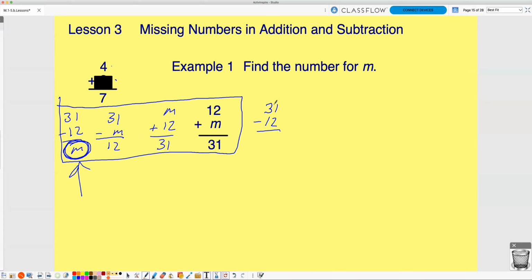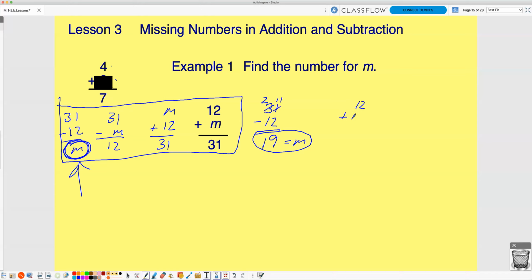And that looks like I have to borrow. So I'm going to take 10 from here and move it over here. That makes this 11. 11 minus 2 is 9. And 2 minus 1 would end up being 1. So m equals 19. If I want to double check this, all I have to do is take 12